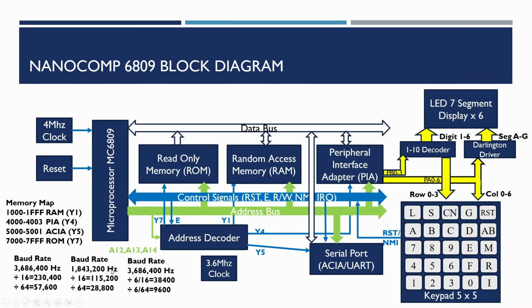But I think to start with, what we probably want to do is to work down at the standard default speed for a lot of ports, which is 9600 baud, which is reasonably slow but fast enough for the NanoComp. You think we've only got 4 kilobytes of RAM, and at 9600 baud, that's approximately 1 kilobyte per second. So it's only going to take a couple of seconds to transfer the data.